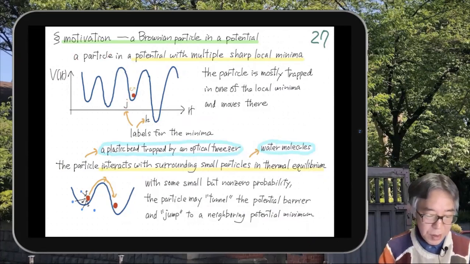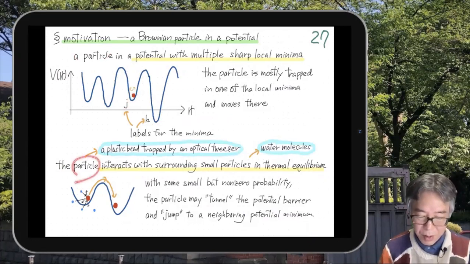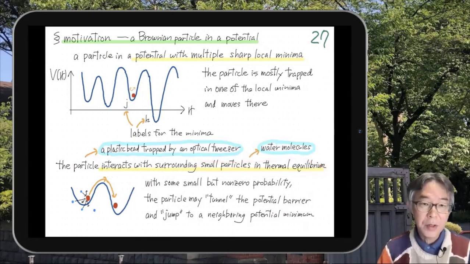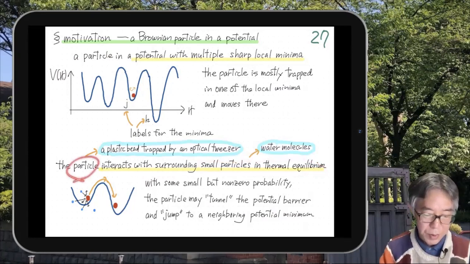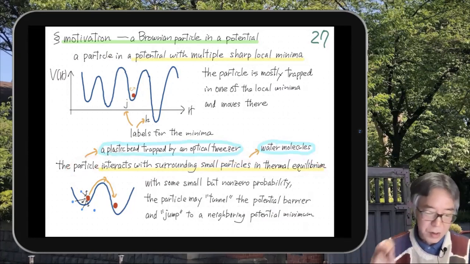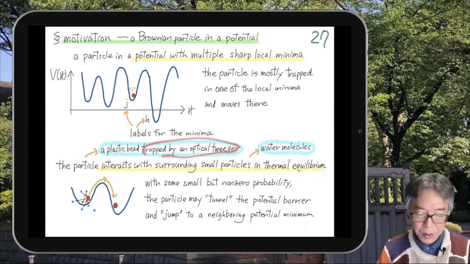And suppose that this particle is surrounded by many, many small particles which are in thermal equilibrium. For example, you can imagine that this particle is a plastic bead whose radius is like 1 micrometer, which is trapped by an optical tweezer, and these small particles are water molecules